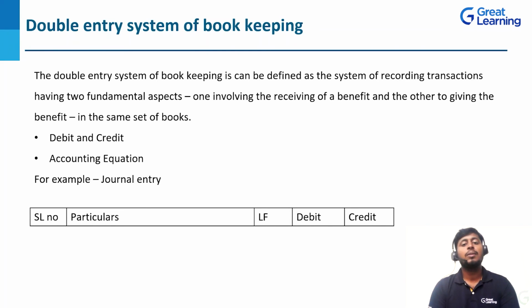Okay. For example, purchase of plant and machinery, paid through cash, rupees 10,000. So where is the two side effect? Plant and machinery comes to the business, correct? Asset is coming to the business. For that, we are going to pay in the form of cash, 10,000. So plant and machinery comes to the business and cash is going out of the business. So these are the two side effect.